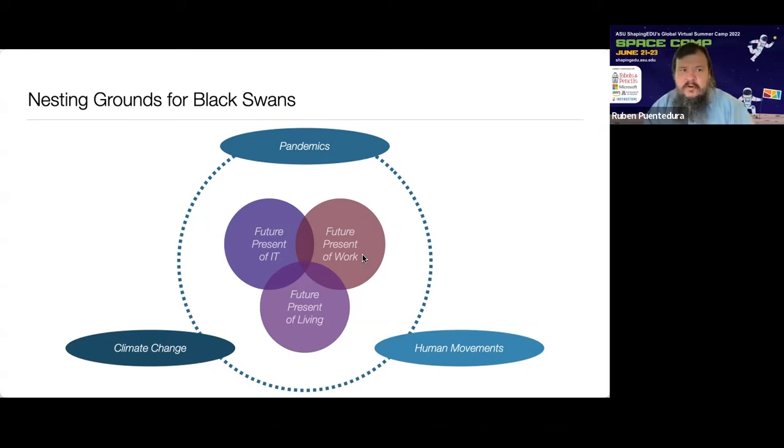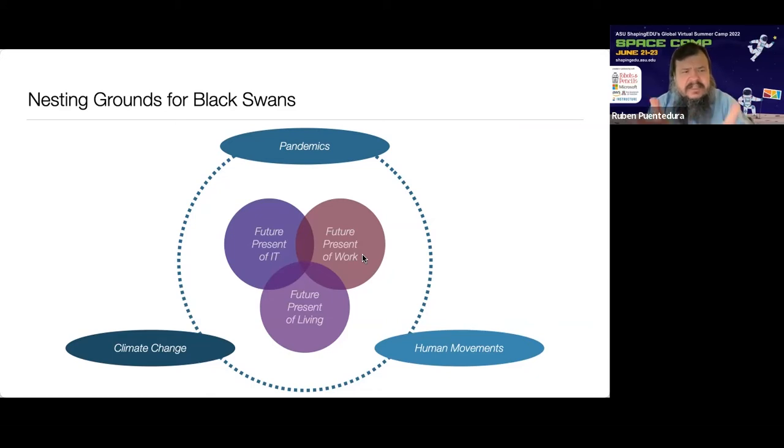But it is important to note that while these are not black swans in and of themselves, they are nesting grounds. And we can then start planning for anti-fragility based upon that. Because if we know where black swans might be emerging from, we can start to say, well, what can I do? What type of resources can I develop? What should I have on hand? What type of skills should I be thinking about? How should I reconstruct things for things that might be coming from this arena? And again, we'll see how to get to that.